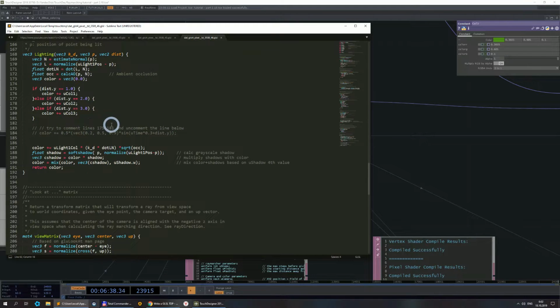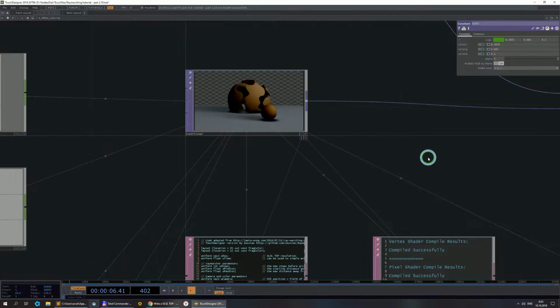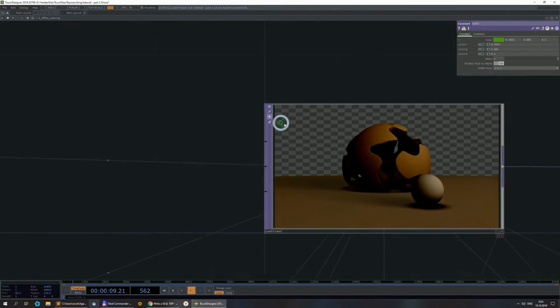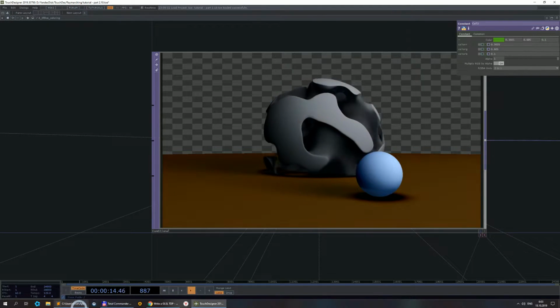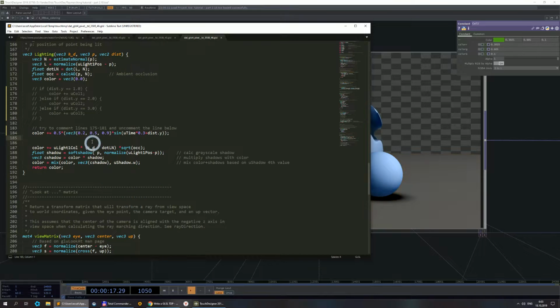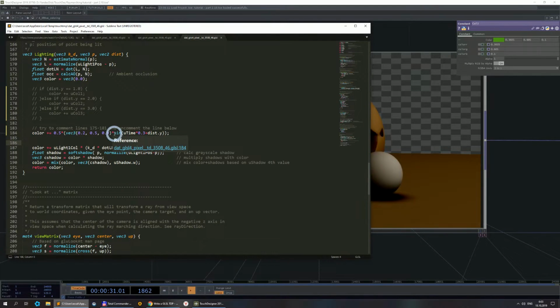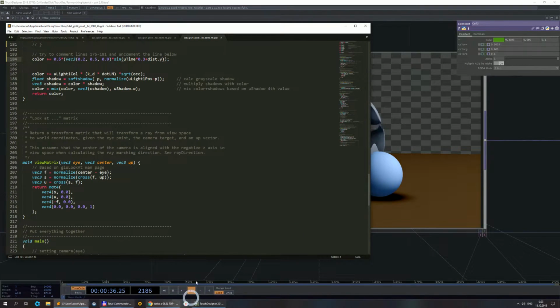Okay, try to comment out this line and uncomment this one. And here is a different idea of how to make three different colors. How does it work? We just have some random color and multiply it by some dynamic variable. In this case, I multiplied by the sine function of u time, which is our time in seconds,